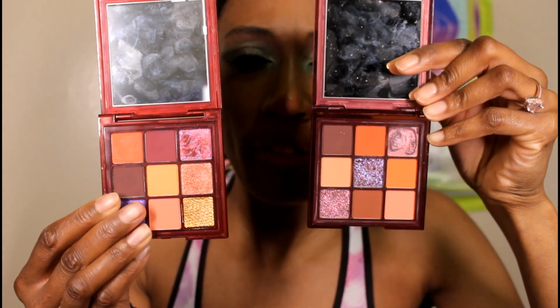And then I put the bright shimmerish purple in the middle instead of on the corner like she did with this one that was supposed to throw us off or something, like it didn't. Huda. They pretty much look the same to me, but you can comment down below and tell me otherwise. But as usual, y'all know the drill. We're gonna get into this old one first and we're gonna go into the new one,